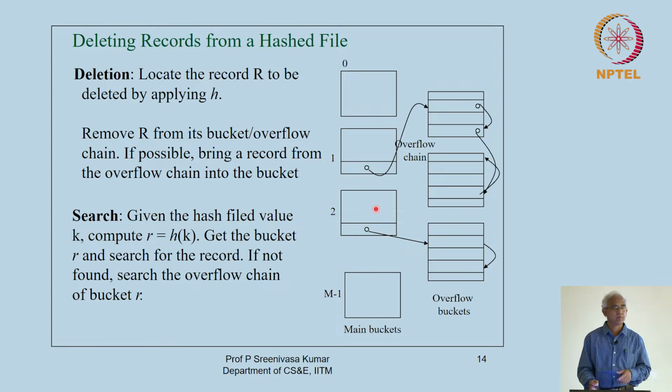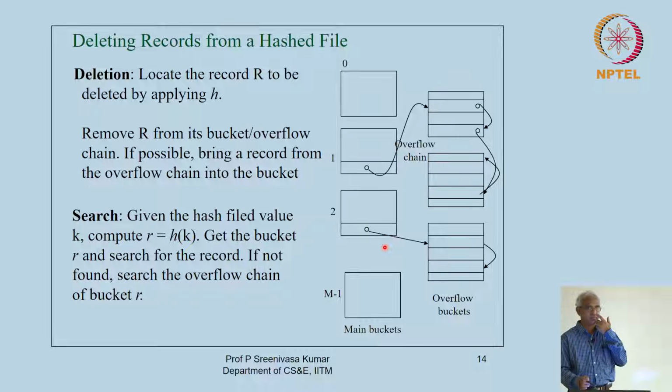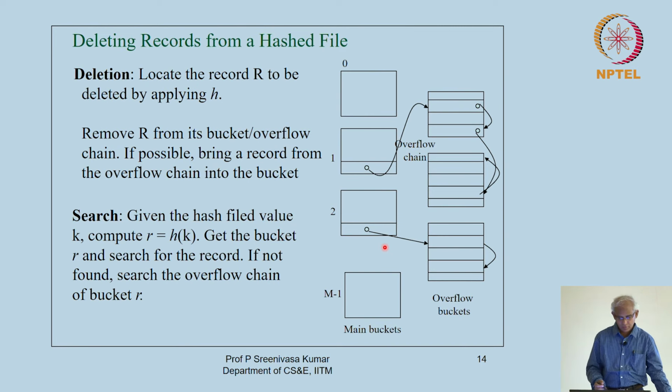That is actually pretty fast, because if you have organized your file to have, say, just two blocks per bucket, you are making just a couple of block accesses and getting your data record, irrespective of how many actual blocks there are in the data file. So this is one of the organizations that gives you very quick access to records, if you have the value of the hashing attribute.